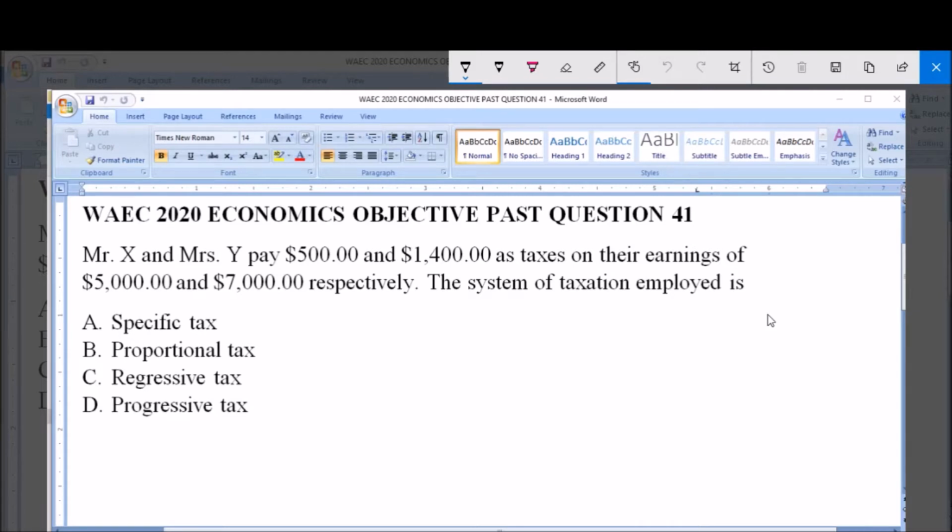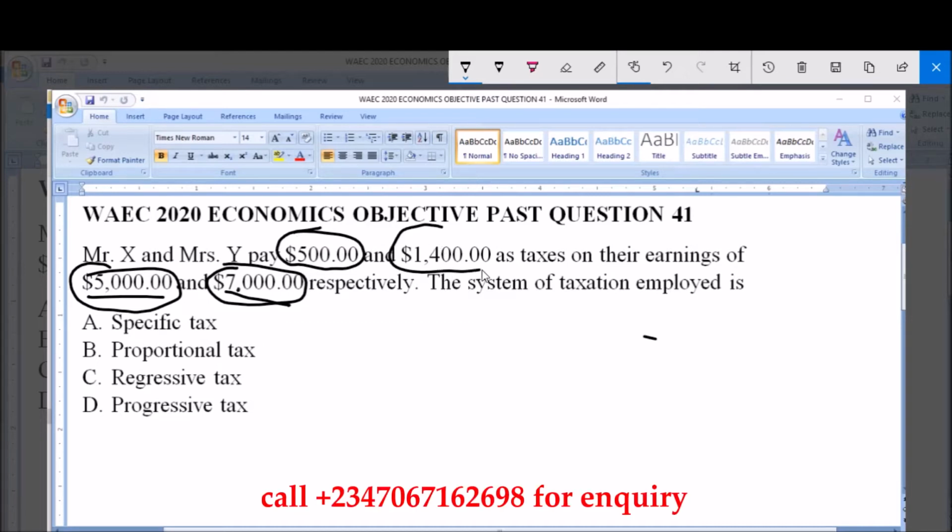So the important thing to note from the information given to us is that these are their incomes, their earnings. So Mrs. Y earns more than Mr. X. Mrs. Y earns $7,000 and Mr. X earns $5,000. Now observe that the tax that Mr. X pays is lower than the tax that Mrs. Y pays. Okay, so let's take a look at each of the options and see which one falls into this